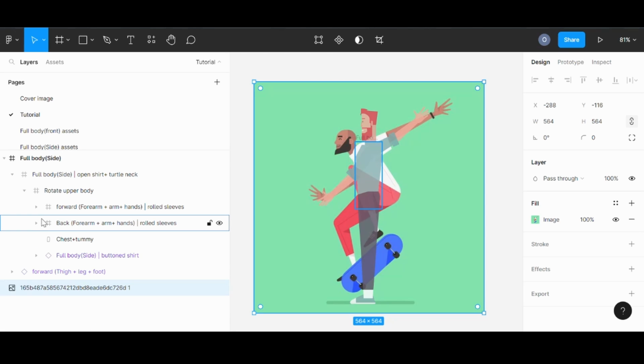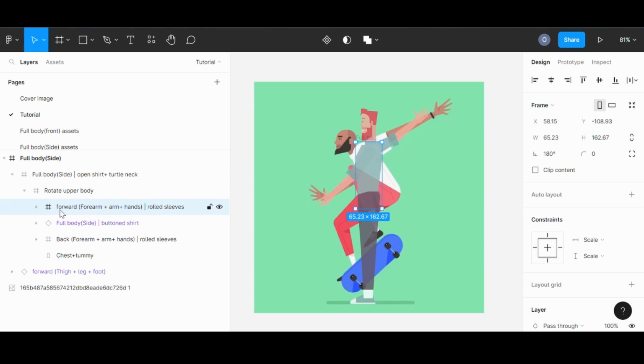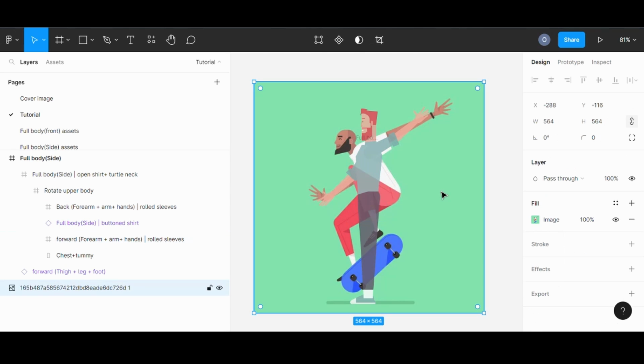So now we need to place the chest and tummy area in between those arms. Okay, then place this on top, place this under. All right,